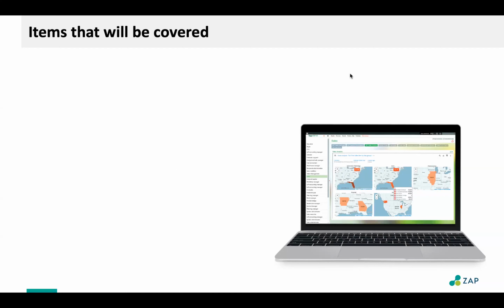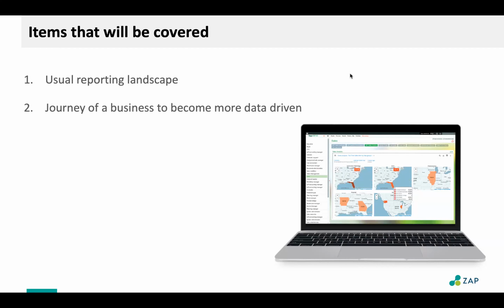Very quickly, what items are we going to cover today? We're going to talk about the usual reporting landscape we see. We'll talk about analytics and reporting specifically for SAP Business One, but I will cover from experience what we see of people's reporting landscape. Then I want to talk about how we see this journey progressing for businesses. Where do they start? Where are they midway? Where do they reach the endpoint? And what is this holy grail of having a scalable solution? We're going to talk a little bit about that towards the end, where I'll talk about why it's not just an analytics tool, but a lot more, and hopefully that'll come across after we cover the first two points.